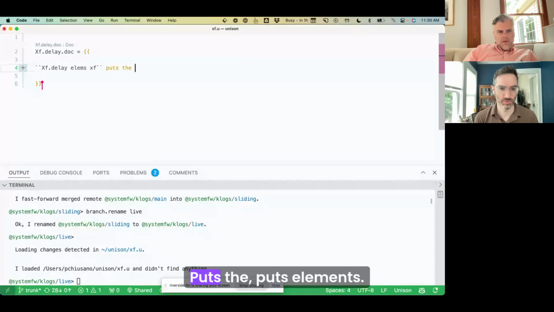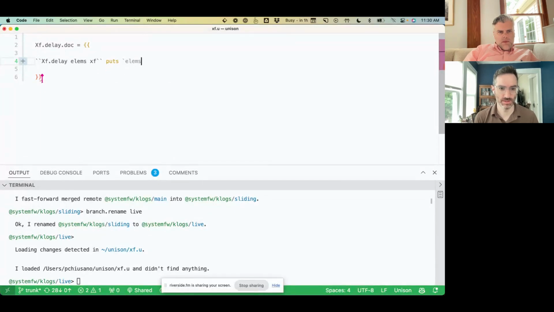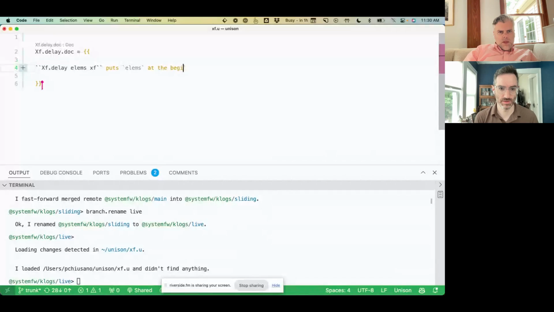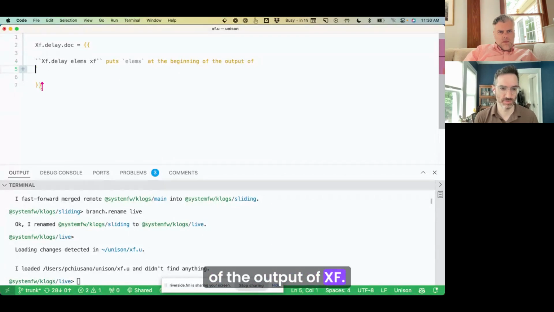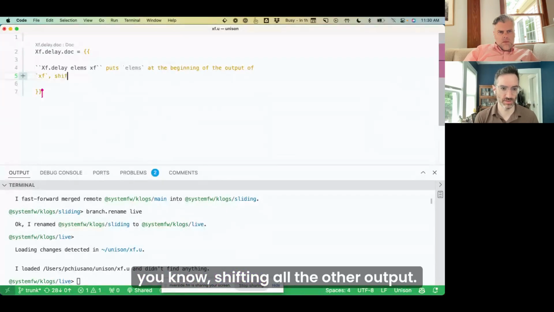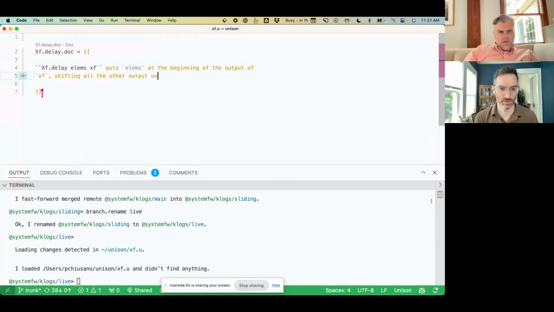Puts elms at the front of, or at the beginning of the output of xf. Shifting all the other output over.